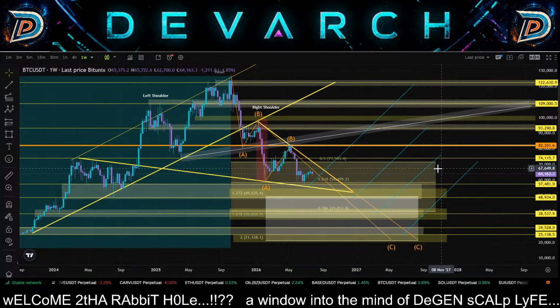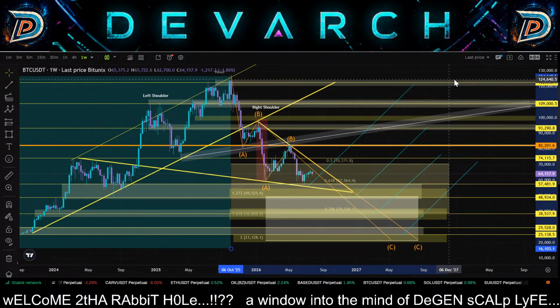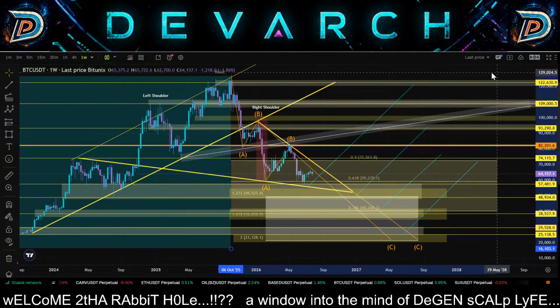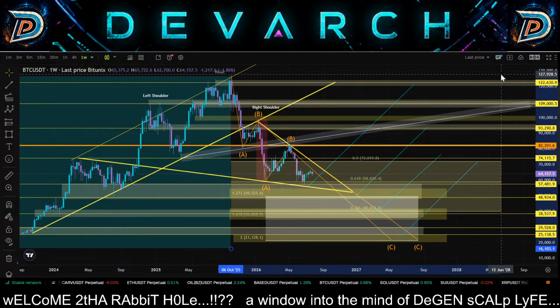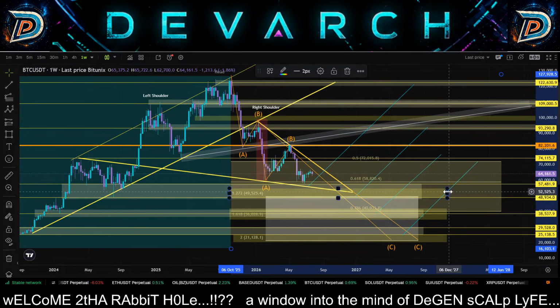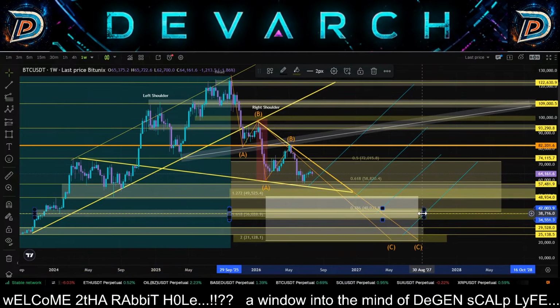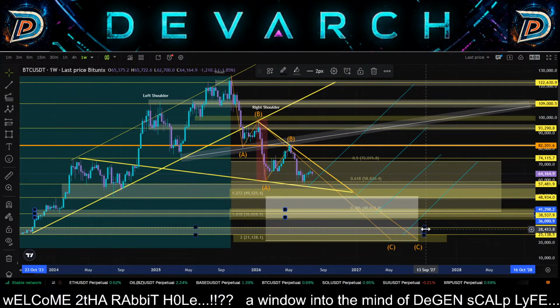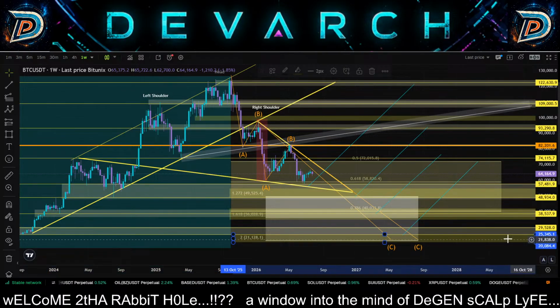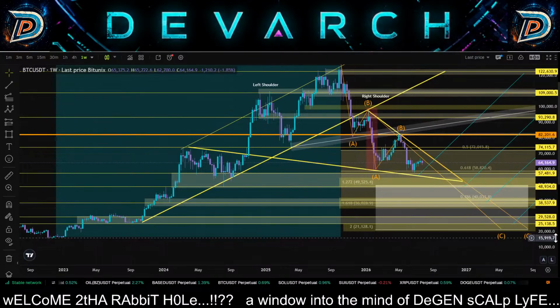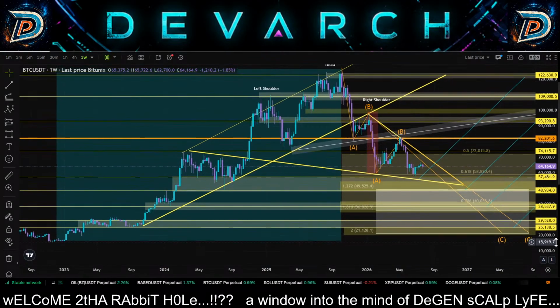What I like to say is that there's a form to price action. Price action moves with a distinct form. So, once you learn that form and you understand the way that price action moves, it's fairly easy to map it and have very accurate